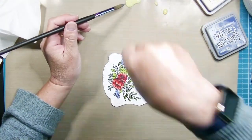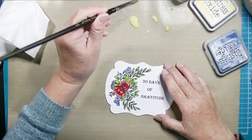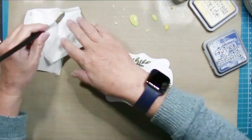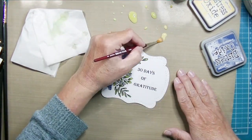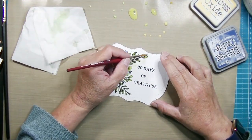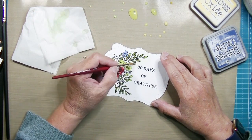I printed it with my printer, and before I did that, I added the 30 Days of Gratitude myself and picked a font that I liked, and then I printed it out, I die cut it, and I colored it with my Altenew alcohol markers. And I used my Altenew markers because they come in a set of 12, so there were 4 greens, 4 reds, 4 blues,